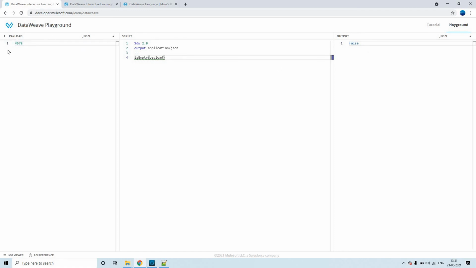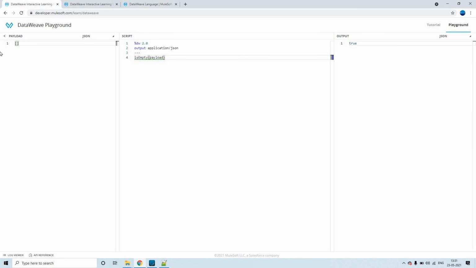Now you see here we have something in the payload, right? So it is able to recognize that. It is not empty, right? So that's why it is returning the boolean value false. If it is really empty, then it will return true.